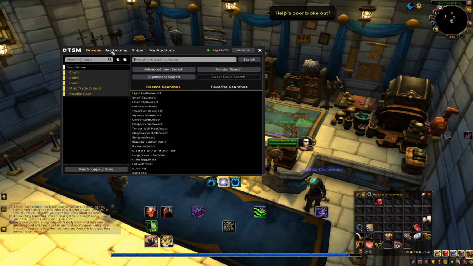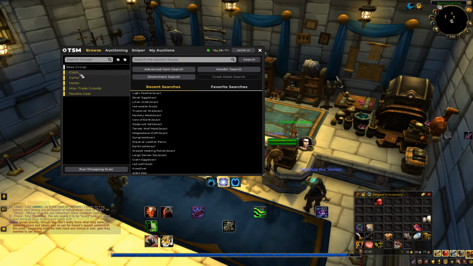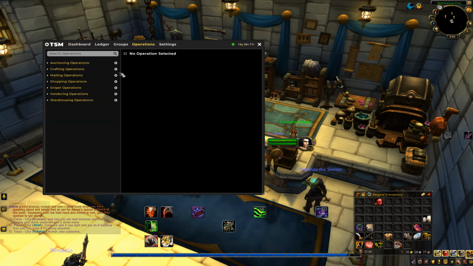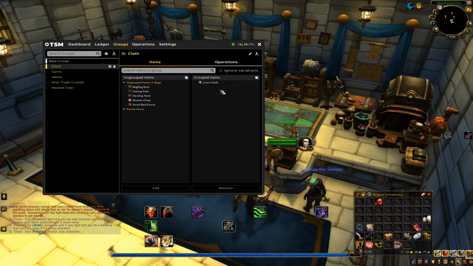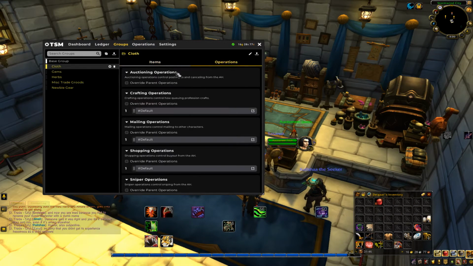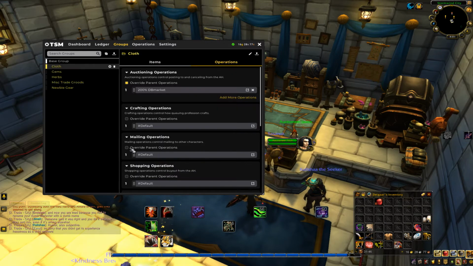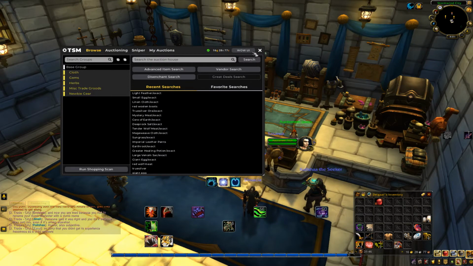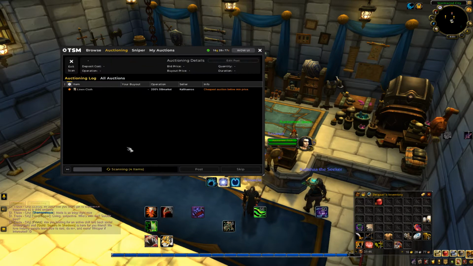So, let's see. Cloth wasn't in here, so cloth mustn't have had a group attached to it. Okay, that's fine. Go through here and override, add, DB market, add. Okay. So when I do a post scan,